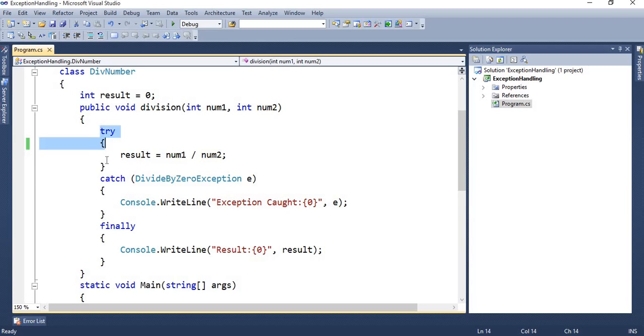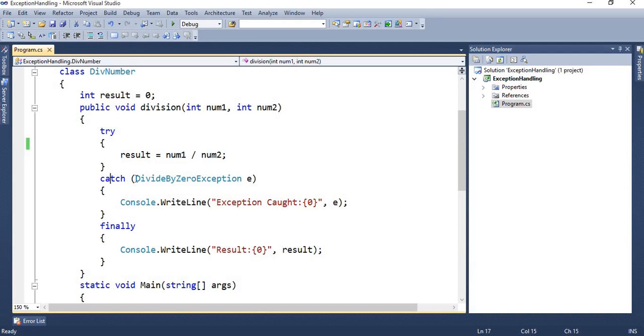I have put in one line, result is equal to number1 divided by number2. If the input takes number2 as 0, at that time it may generate an exception. So this line is put in the try block.